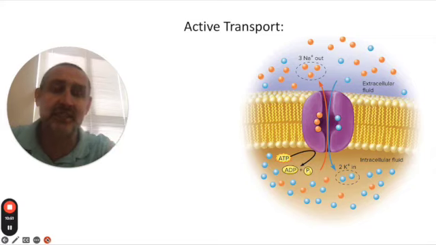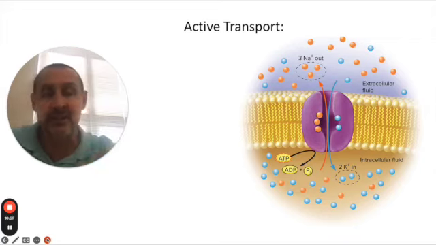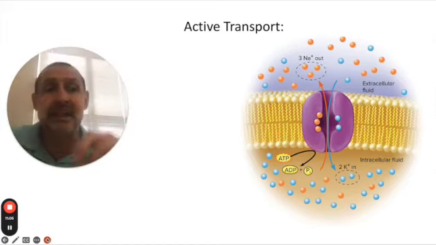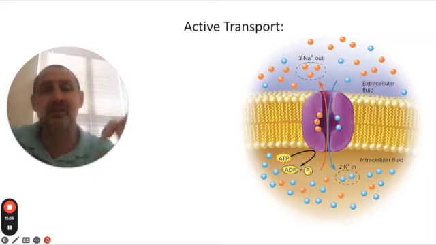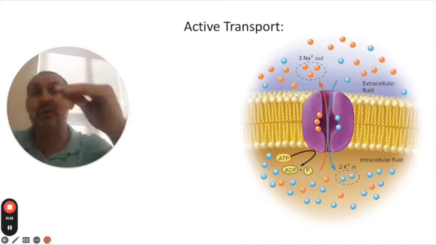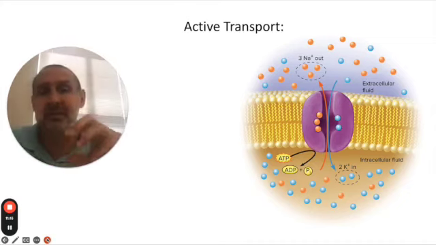You can see here a channel protein is going to be involved in acting as a pump. That pump requires energy. So in nerve cells, for example, the sodium is being pumped out, whereas the potassium is being pumped in against the concentration gradient. In other words, it's going from an area where it's low to an area where it's high, kind of like going up the sliding board. Another example of this would be something like